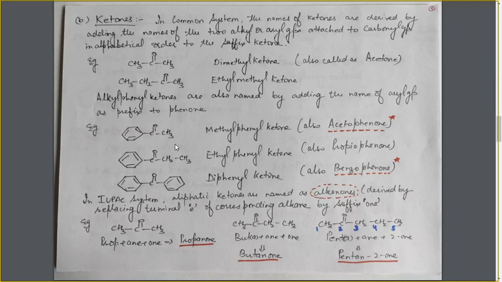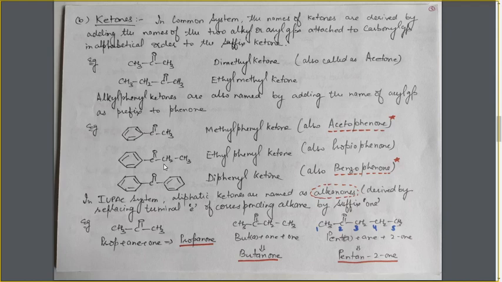For example, in this case, it is named as phenone by writing the name of the acyl group before it. So here the acyl group is C double bond O CH3. It is named as aceto group, so the name becomes acetophenone, and this is also taken as the IUPAC name. It is a common name, and IUPAC has also taken this as the IUPAC name for this compound. And as per the above system, its name is also methyl phenyl ketone, because on the C double bond O group there is one phenyl group and one methyl group.